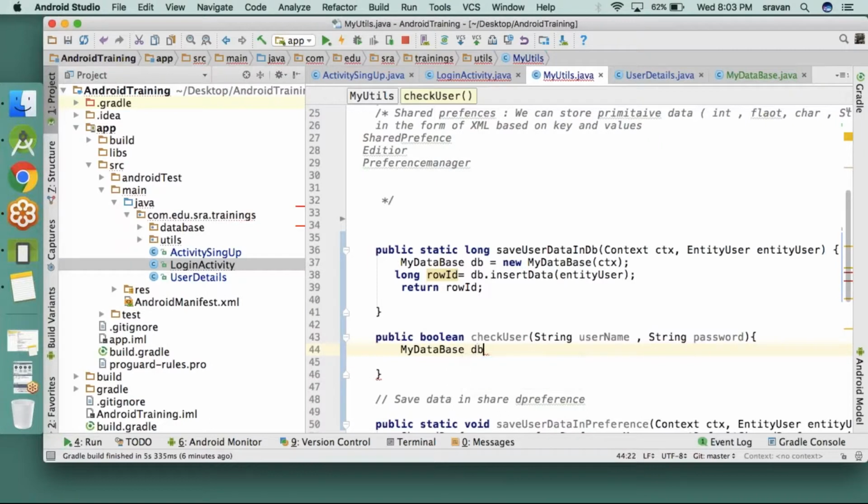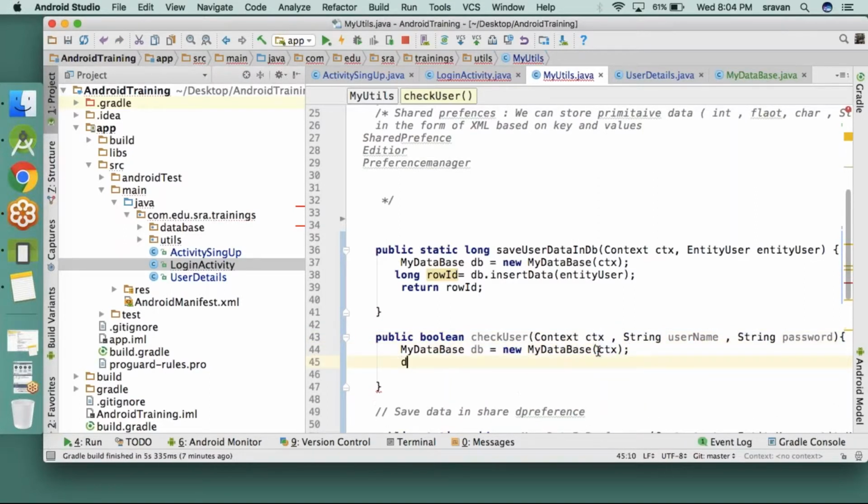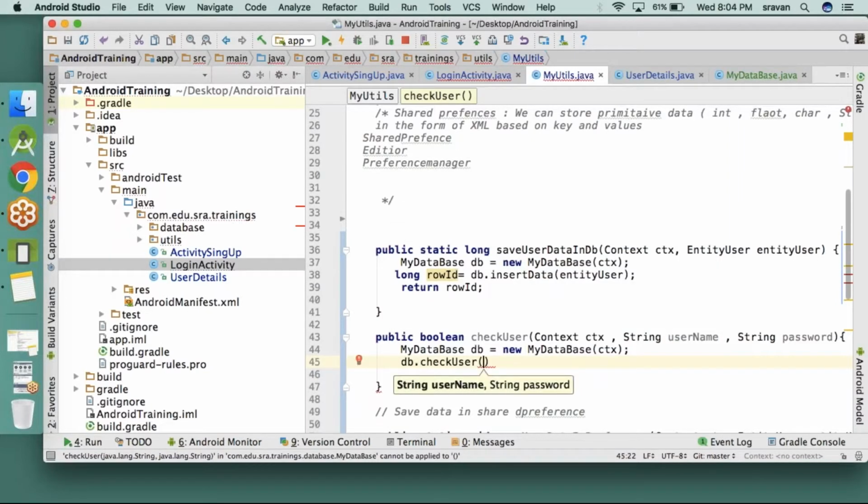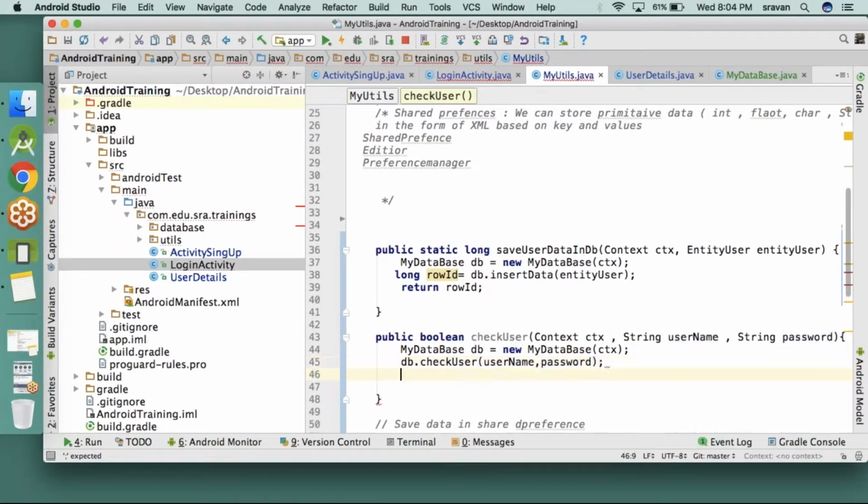Now my database db equals new my database, and to this database we need to pass the context also. Then db dot check user. To the check user I'm passing username comma password. So finally I'm returning whatever we are getting.